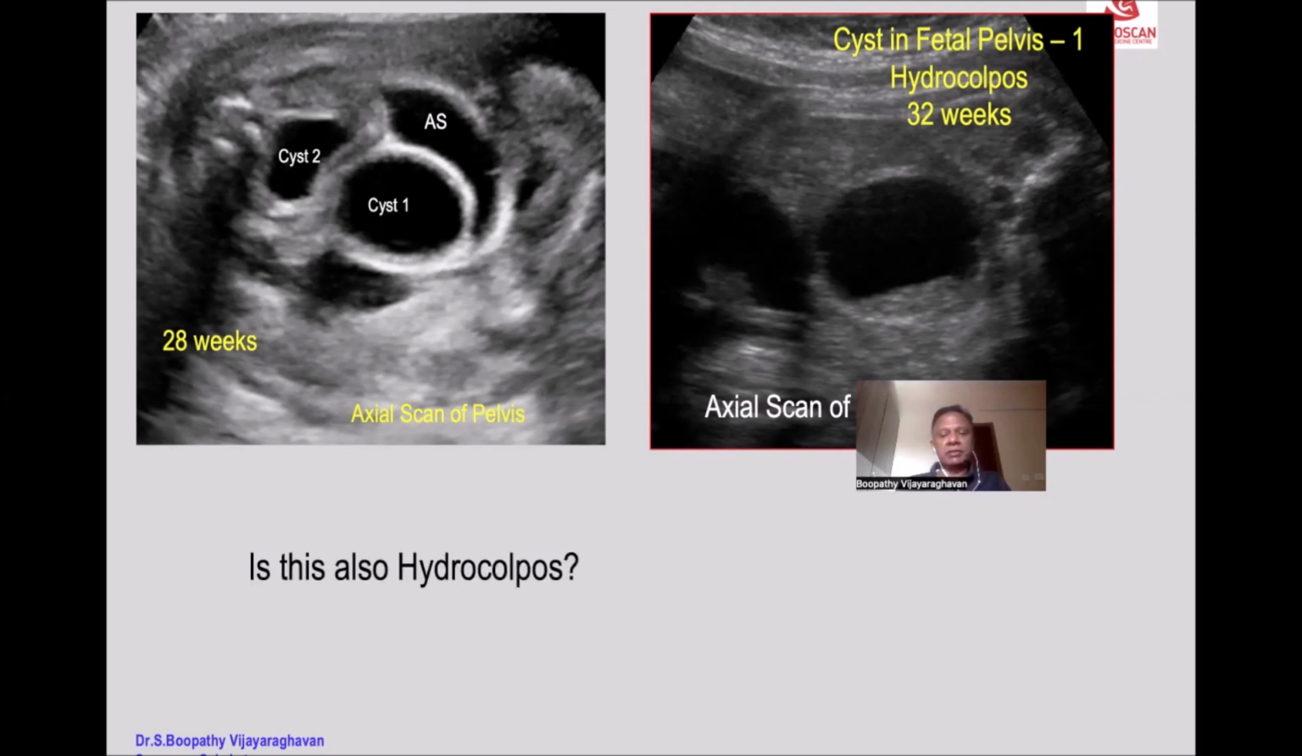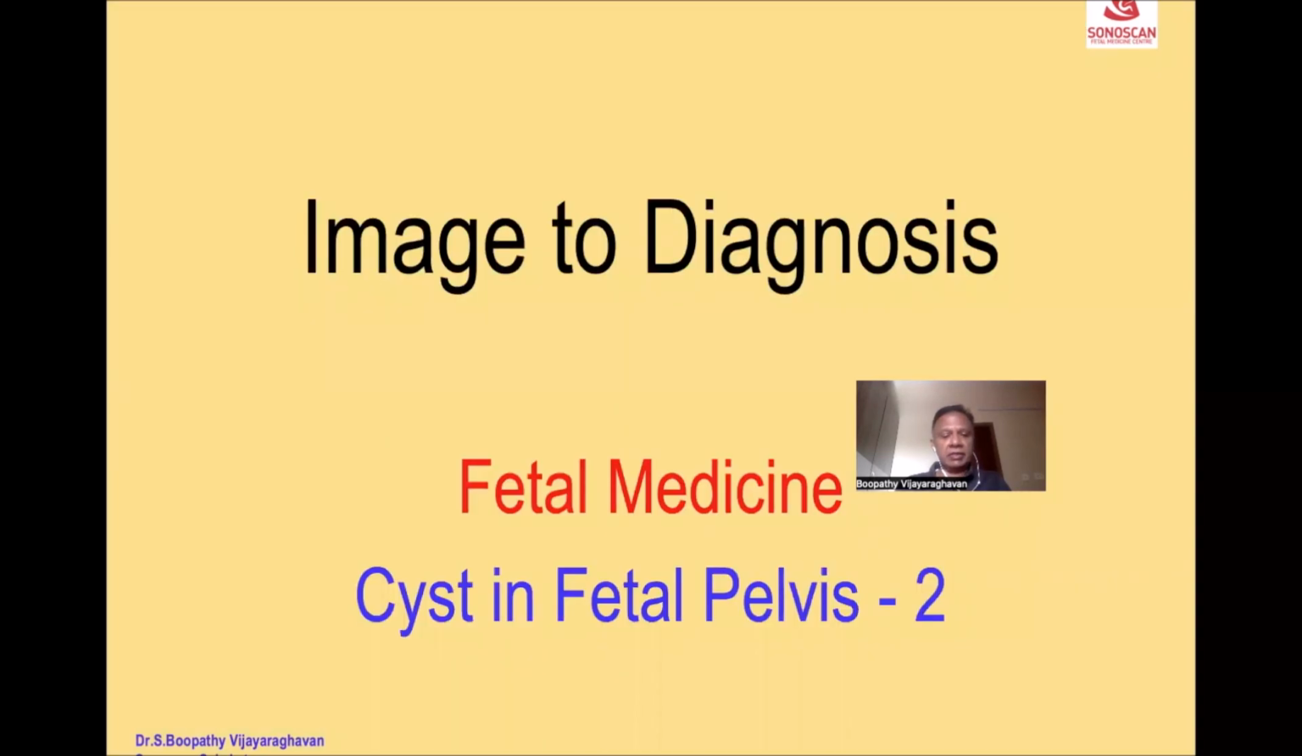And so is this also hydrocolpos? But why is there ascites and oligohydramnios if it is only hydrocolpos? So if you would like to see the approach to this case scenario to arrive at the final diagnosis, please go to the